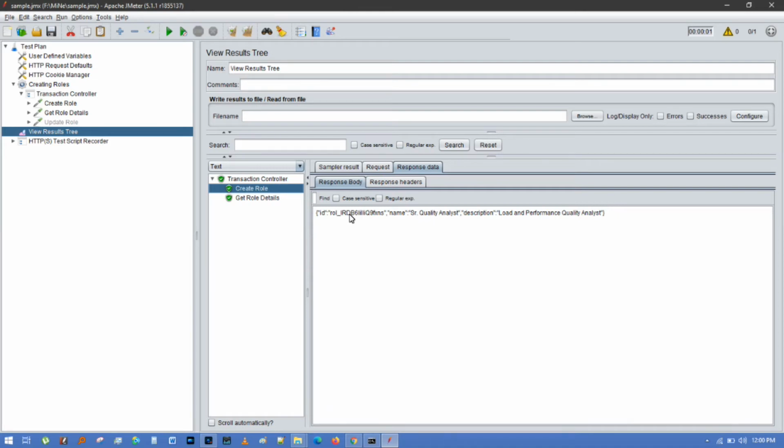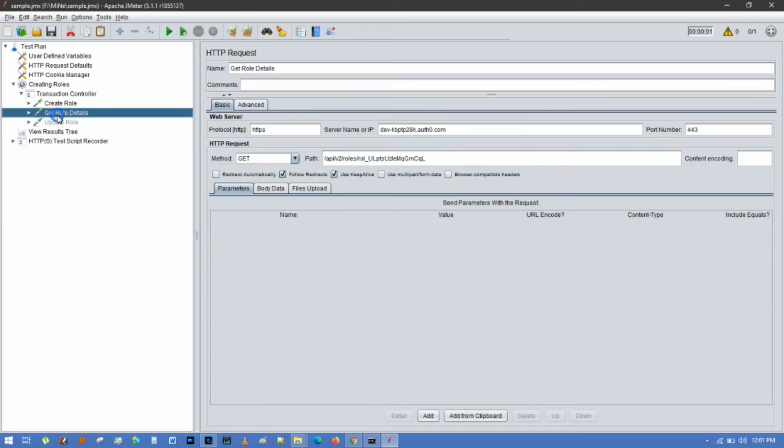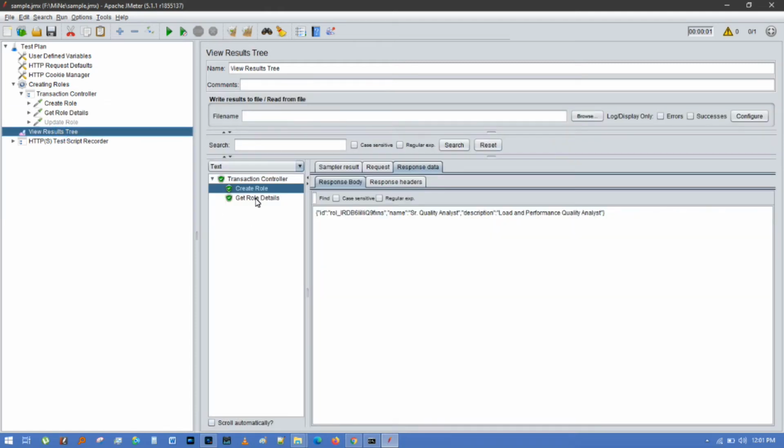This is dynamic for every role we create. Now we have to fetch this ID and pass it into the get role API. If you look at the result of the get role, you can see the name is admin3, and this is the ID of the admin3 role.